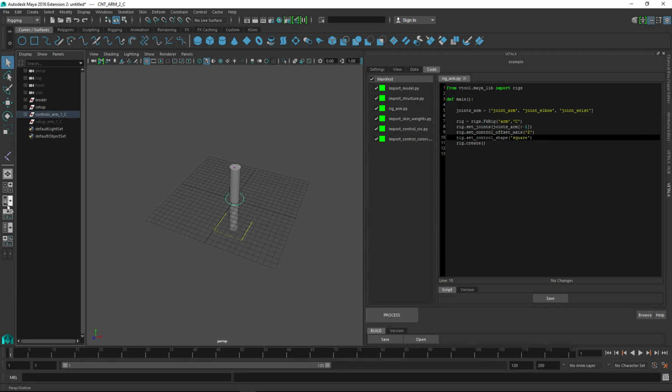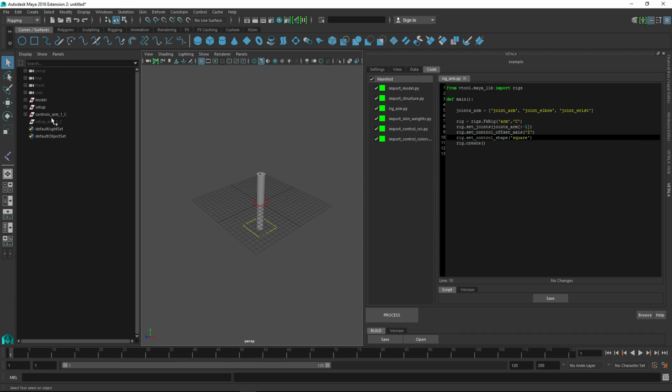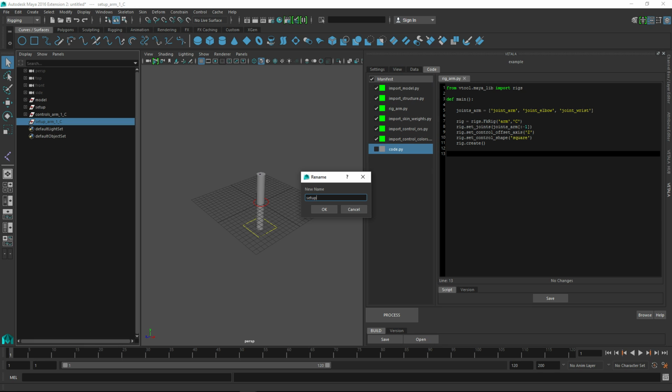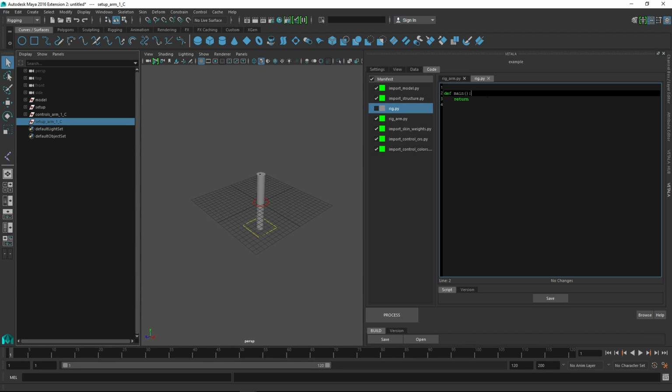So there's some problems here with how this is organized. I want my controls to go under a control group, and I want my setup to go under the setup group. So the first thing I'm going to do is I'll do a new Python code, rename it, and this will be setup scene or setup rig. I'll just call it rig, and I'll put this up here, and I'm going to go in here and define